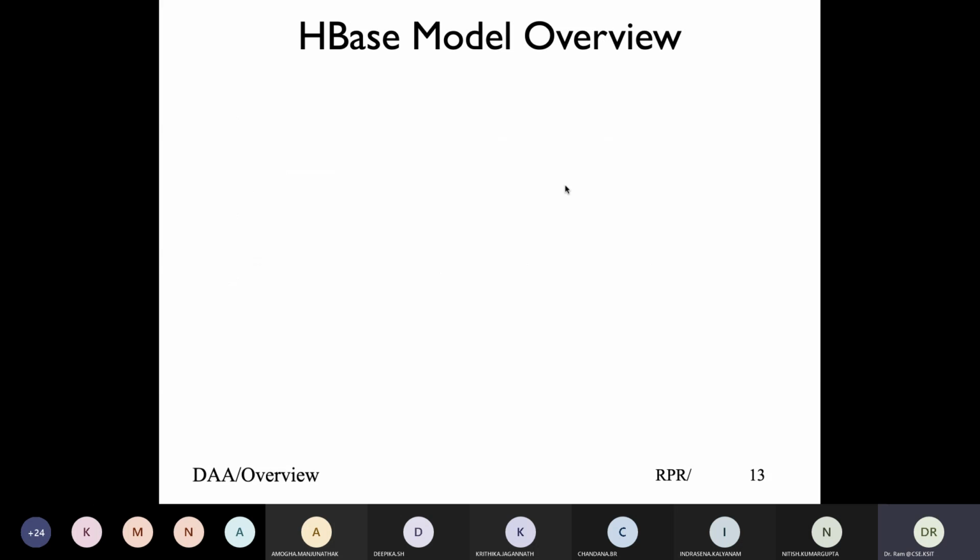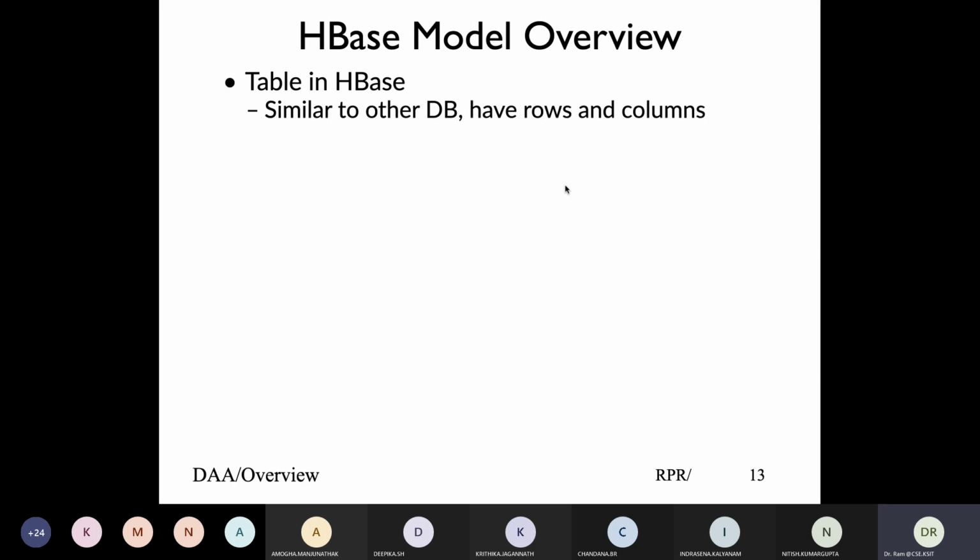So we'll basically look at how HBase works. Since it is a database, that basically means we are looking at the concept of a table, which is rows and columns. But the ways rows and columns are accessed work slightly differently. Columns are grouped in what are called column families. That means if 4 columns belong to a similar category representing data, they can be grouped as a single column family and looked at that way.